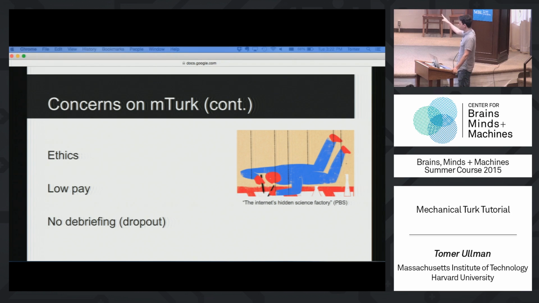The flip side, by the way, of the no debriefing problem is a coercion problem. So when you bring people into the lab and you say, do this study, you can stop at any time, no problem at all, let me shut this door and wait over here, right? There's sort of a slight feeling of coercion. Even if the study is not something they really are enjoying doing, they'll still do it because they feel pressured to. That problem doesn't exist, at least on Amazon Mechanical Turk. I mean, they're in it for the pay and there's sunk cost and all that, but if they really don't want to do it, if it offends them in some way, they'll stop. So that's actually a bonus.